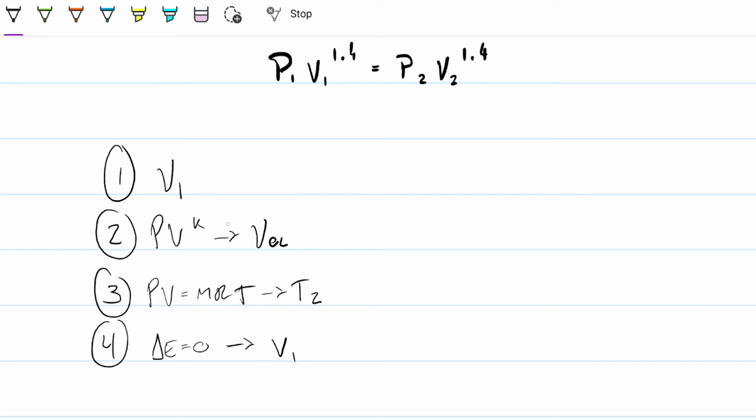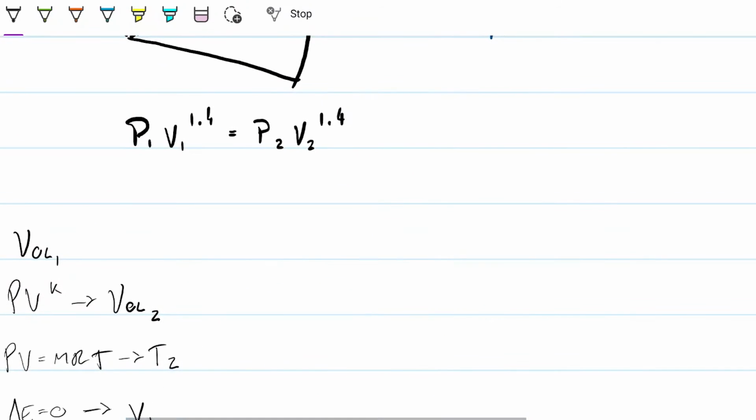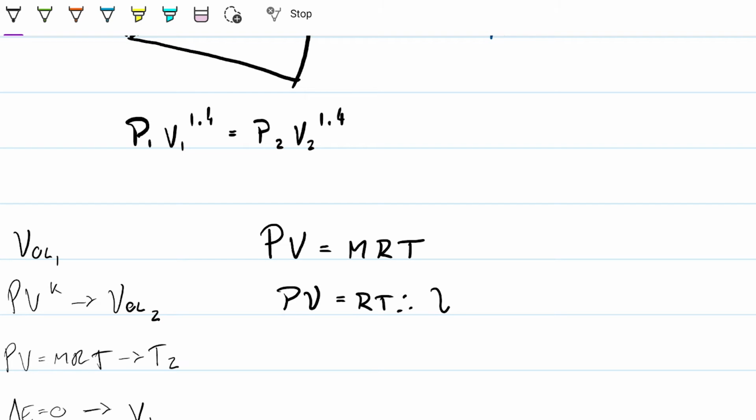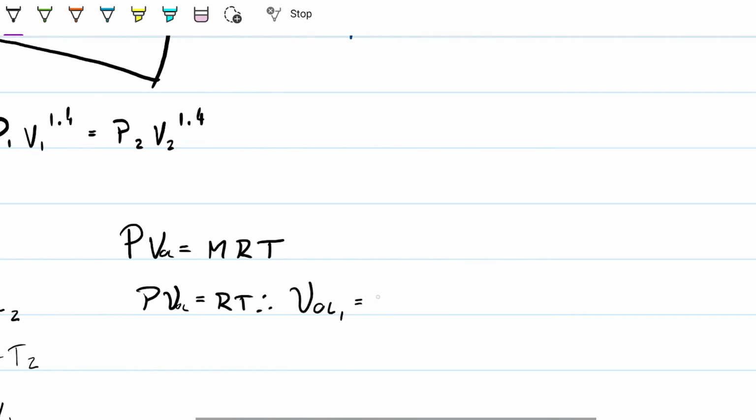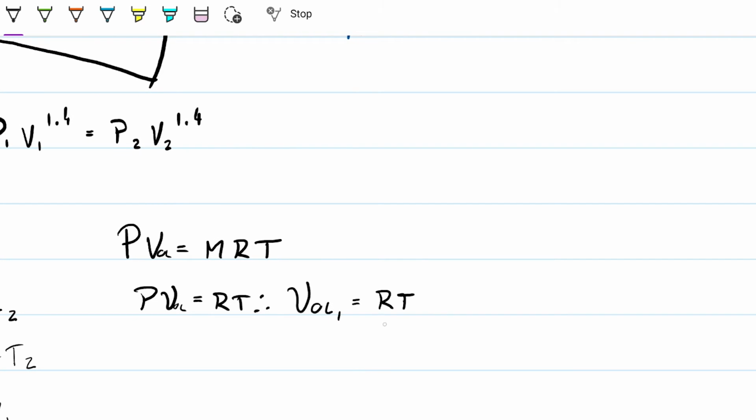And I'm going to do volume 1, volume 2, just to not confuse it with the velocity. All right, so first things first, we know P times V equals m R T. That means that P times specific volume equals R T. And that means that if I want to find the specific volume for the inlet, all we need to do is take the R and the T and divide that by the pressure, all of which